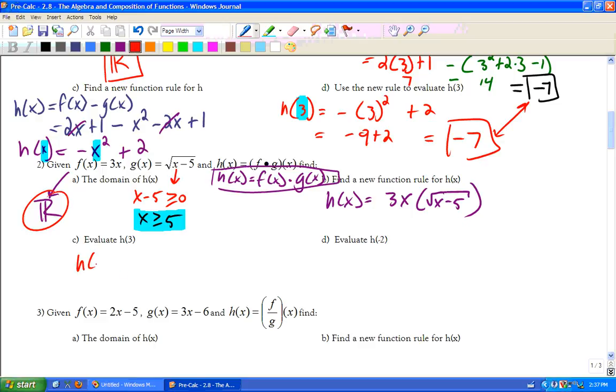When we evaluate h of 3, we're going to be plugging 3 into our new rule. 3 times 3 times the square root of 3 minus... Oh, I fell for it. Look, our domain is